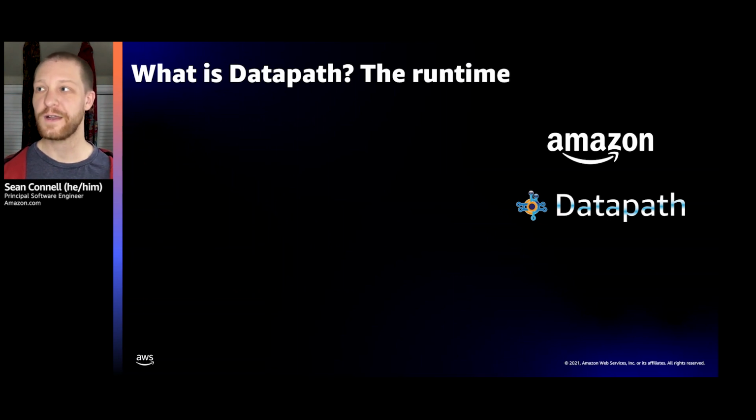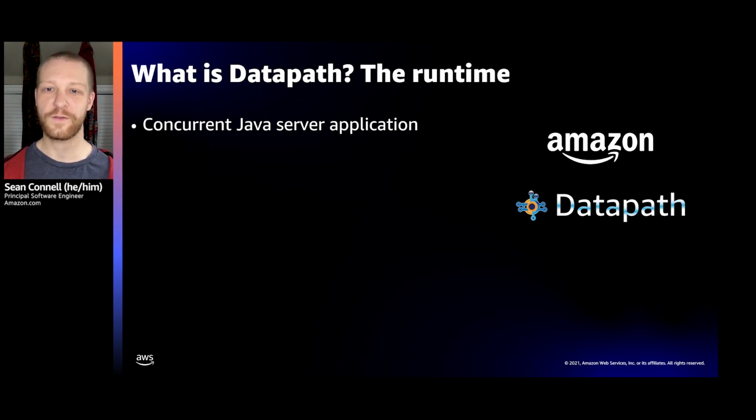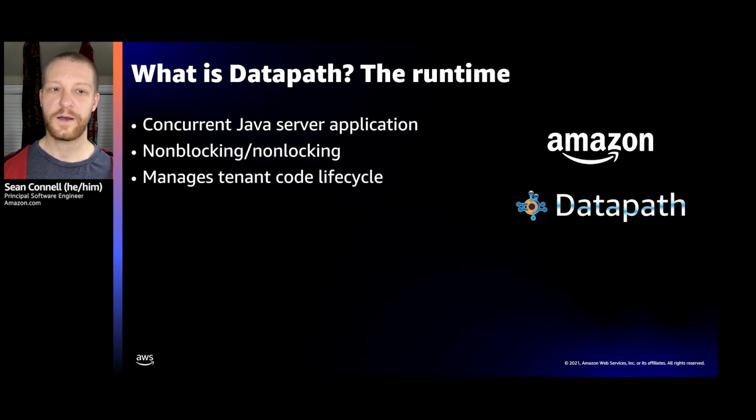Now, of course, this is where the implementation matters, right? This is the part that runs on the server that cares about things like Graviton or not Graviton. And it's a concurrent Java application. A lot of you probably also run concurrent Java applications, and these are the old school bread and butter for a lot of different services out there. So it's Java. It's also non-blocking and non-locking, which is a performance architecture that a lot of services have adopted. It has to load tenant code and it has to unload it when they deploy a different version.